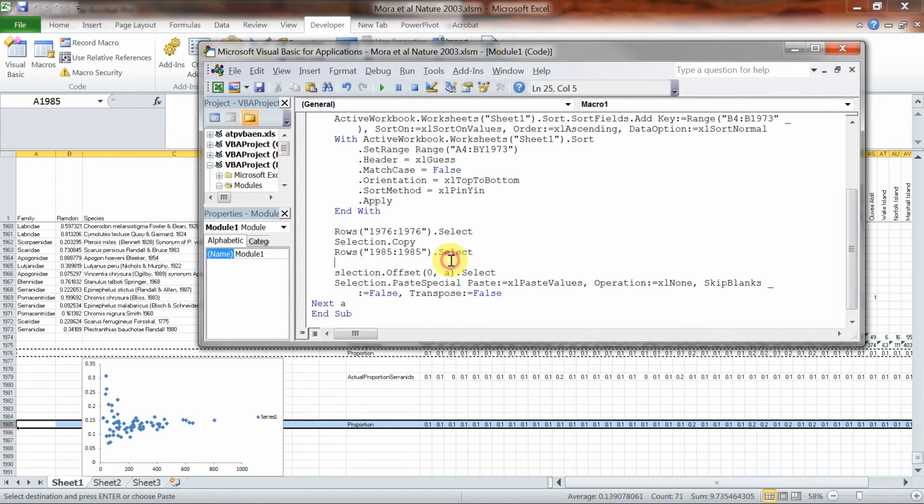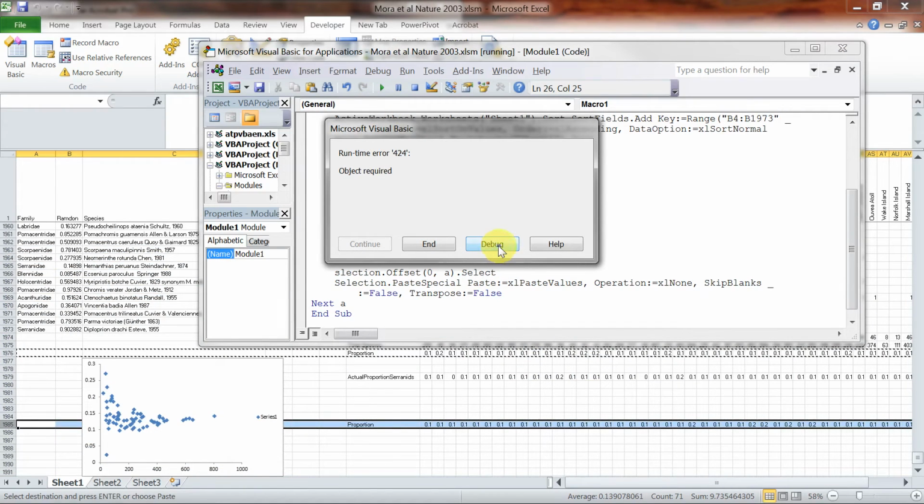So what did we do there? Basically we copy an entire row once, which is this one here. We copy it, we then select the row, and then we are going to offset that selection by whatever times we do it. So if we run this,